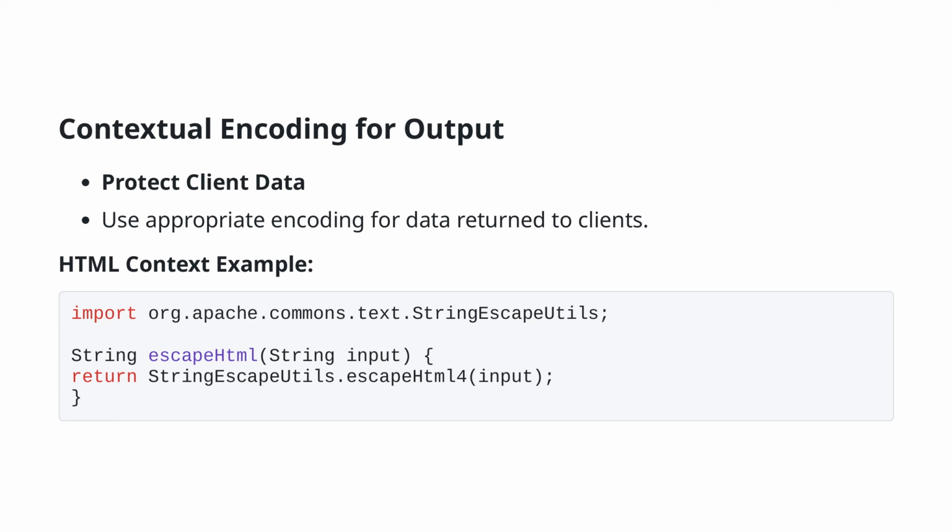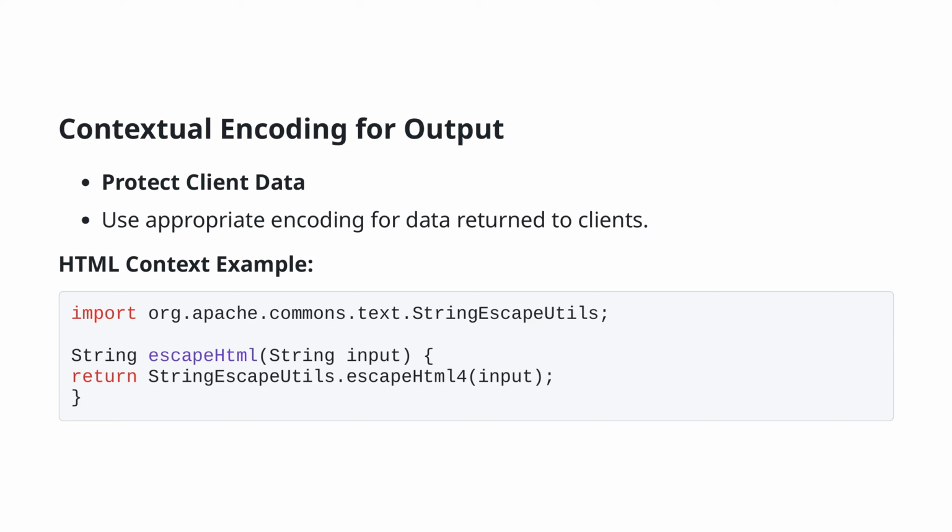Contextual encoding ensures that data returned to the client is properly encoded to prevent injection attacks, particularly when handling HTML content. For instance, in Java, you can use the Apache Commons Text library to safely escape HTML characters. The example method provided, escapeHtml, takes an input string and encodes it using StringEscapeUtils.escapeHtml4. This ensures that special HTML characters are converted to their corresponding HTML entities, effectively neutralizing any potentially malicious code embedded in the input. Java: import org.apache.commons.text.StringEscapeUtils; String escapeHtml(String input) { return StringEscapeUtils.escapeHtml4(input); }